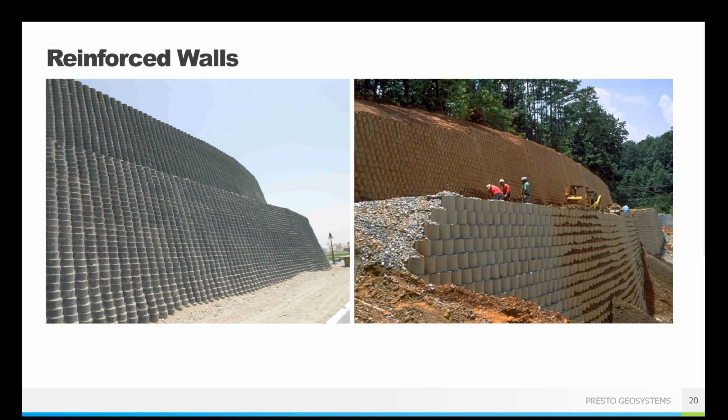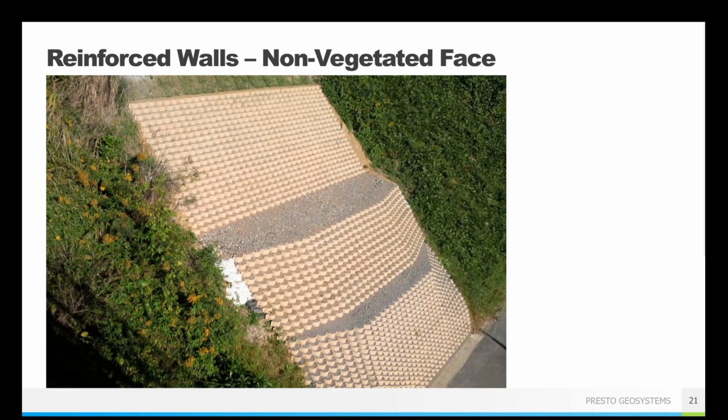So in the geocell world, you will come across the terminology of vegetated, non-vegetated, and stepped walls or non-stepped walls. So for GeoWeb walls, non-vegetated is going to be when you have stone or granular material as your infill, like you see in this picture, or if you were to do concrete, obviously that's also non-vegetated. Vegetated means you've filled in with topsoil, you're allowing that vegetation to grow, and you're going to get a green wall face. And then stepped is whether or not it is in tiers, like I just mentioned, and like you see in this photo, or if it is all a single face from top to toe.